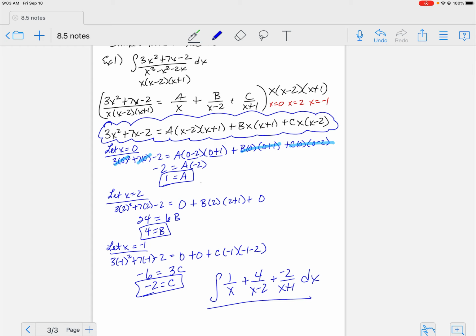So I'm showing it to you just because it's cool, but I rarely, if ever, use this method just because you don't always get a nice simple linear factor to work with. You get lots of other options that go with it. Okay, but it's always just good to know. Knowledge is